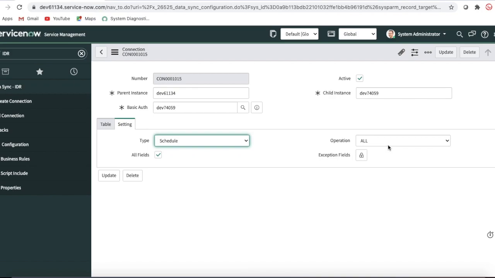And here is also the operation. So during insert, update, or delete, whichever operation you want to send the data in, all these operations can be mentioned here. So in which operation you want to send the data. Okay,